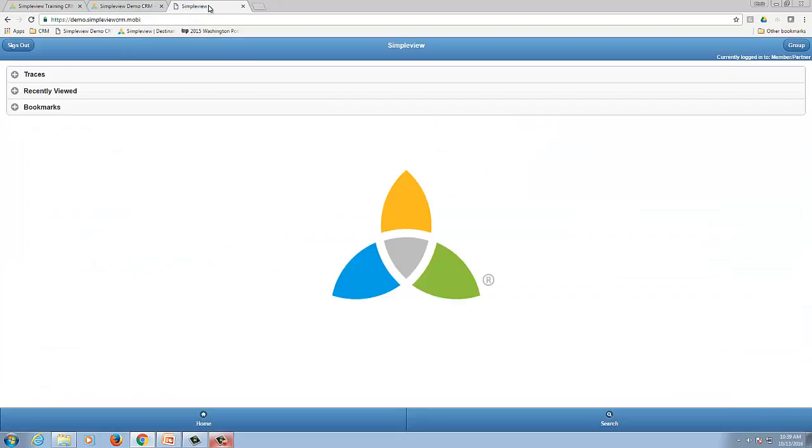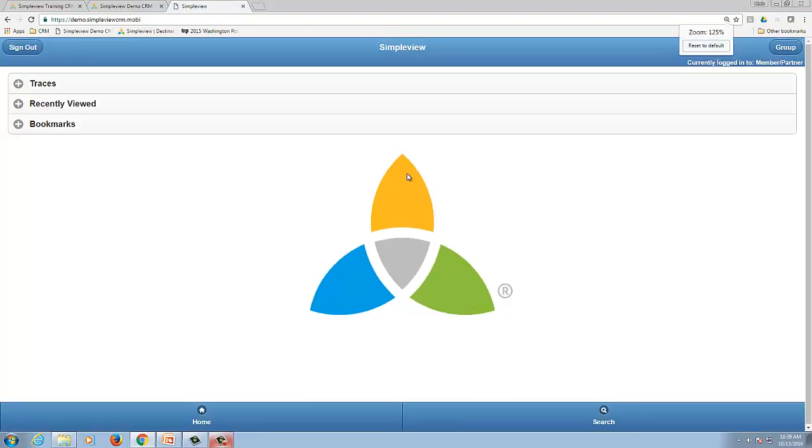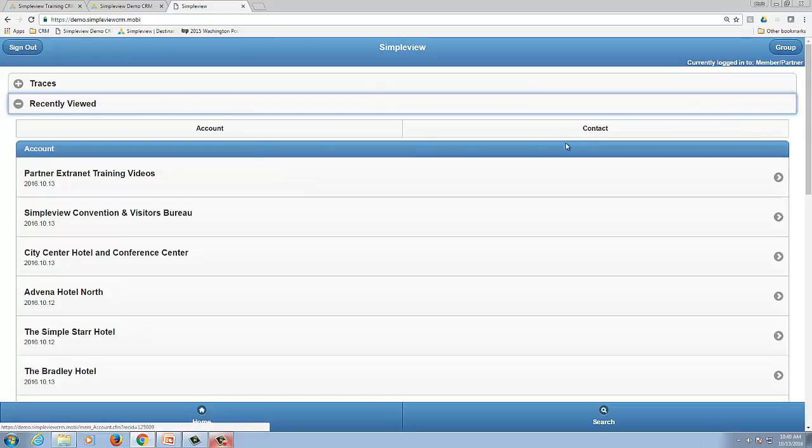You also have the mobile version of CRM. Mobile version of CRM gives you quick and easy access to your contacts and a quick and easy way to send emails out on the fly. So we've got full documentation and webinars on the mobile version of CRM, but in a nutshell, I can, in